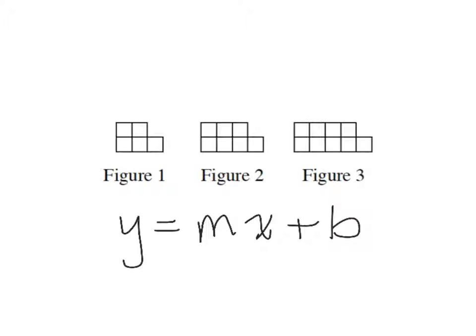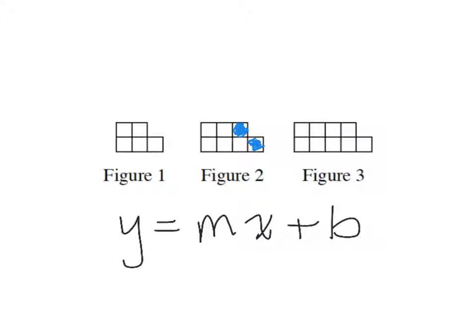So for figure 1, I notice I have 1, 2, 3, 4, 5. Then I have 1, 2, 3, 4, 5, 6, 7, which means I added 2. Then I'm going to look and see, up top I have 2, but here I have 3. So I'm going to shade in this one right here to show me that that's what I added there. And then I'm going to look at the bottom row, 3, and there's 4. So then what I'm going to do is shade in this one right here